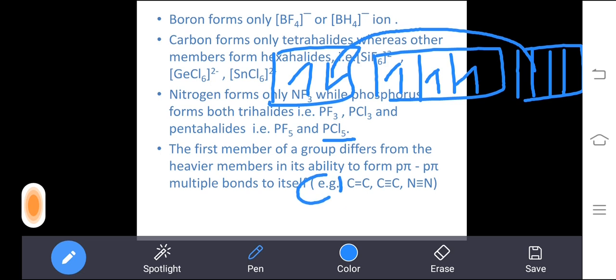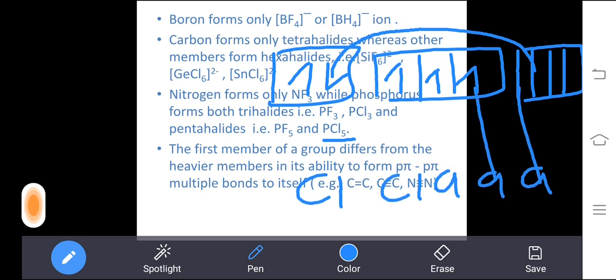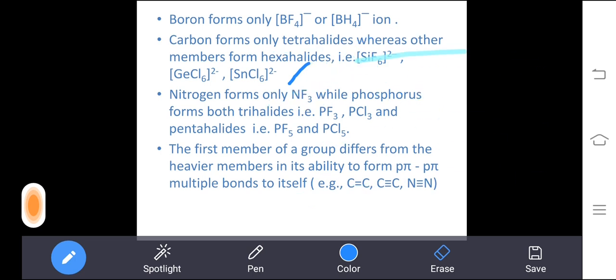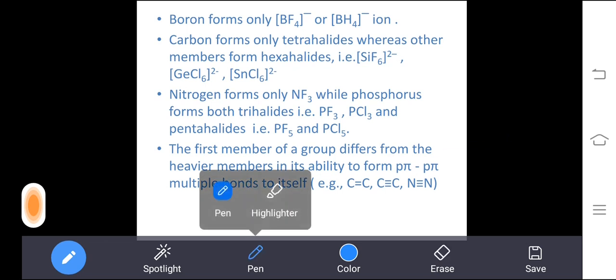Now the chlorine will give one electron and it will produce phosphorus pentachloride. Due to this reason, phosphorus will form the pentachloride, and nitrogen will form only trihalides. The first member of the group will differ from heavier members in its ability to form pi-pi bonds. So for the pi-pi multiple bond, for example, if we take nitrogen